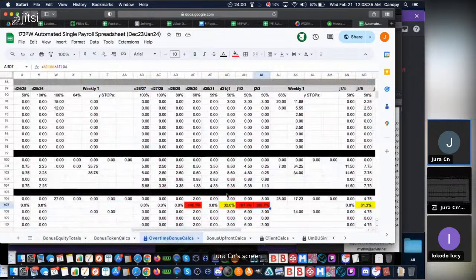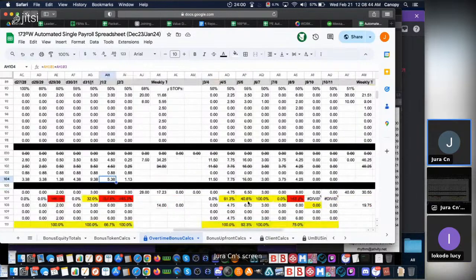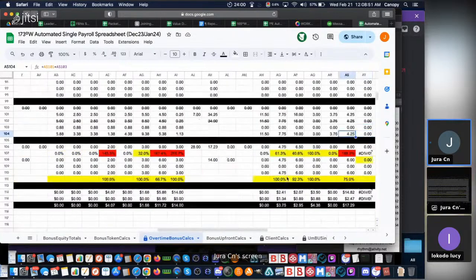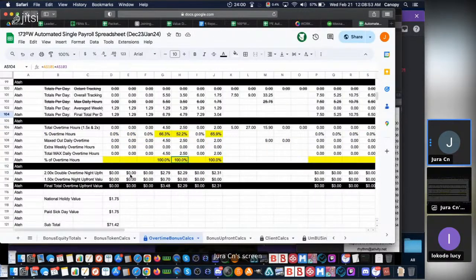Okay? So all these days are basically days where she tracked overtime hours, but did not track her normal hours for some reason. So that's a problem that we're going to want to look into. Okay. So then the final thing here, obviously we need to check her